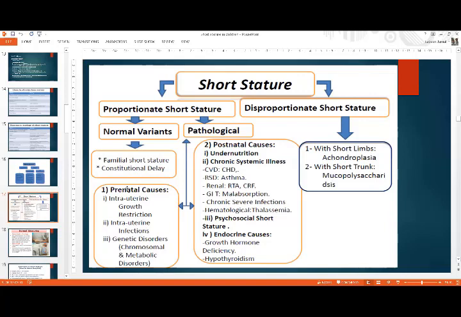Short stature can broadly be classified into disproportionate short stature, where there is disproportionality between the upper and the lower body, like in case of achondroplasia, while others have shorter trunks that you see mostly in case of mucopolysaccharidosis. While in case of proportionate short stature,